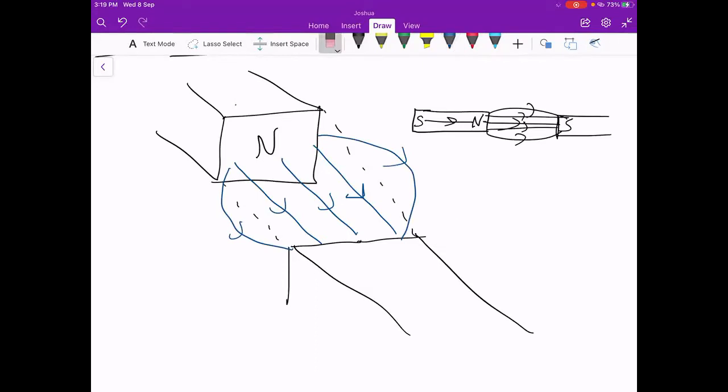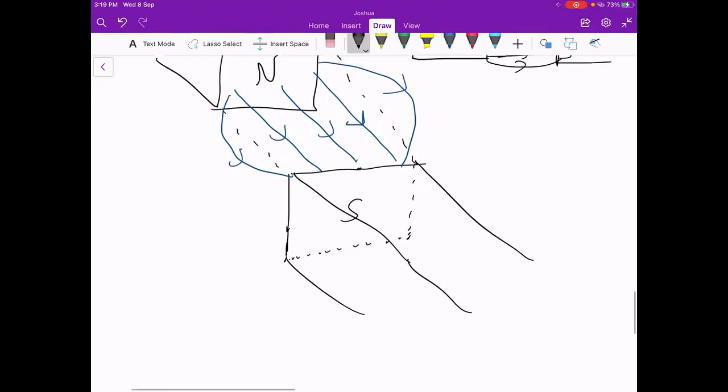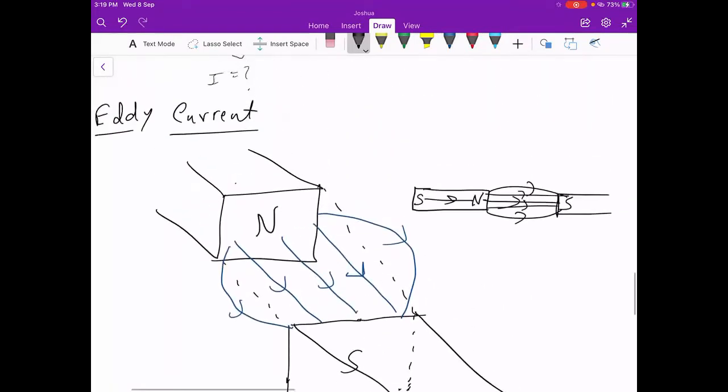Furthermore, I think that's better. So if I dangle a metal plate like this, it is like a pendulum, you can imagine.